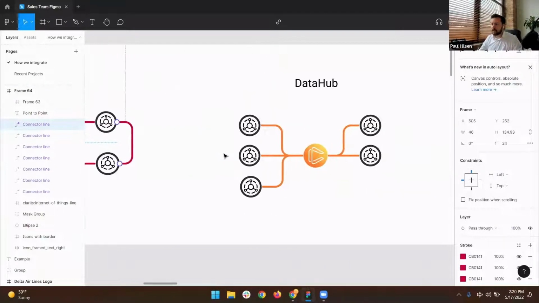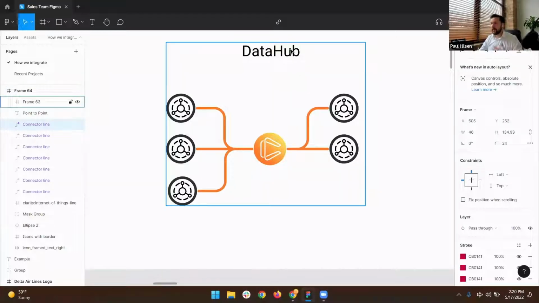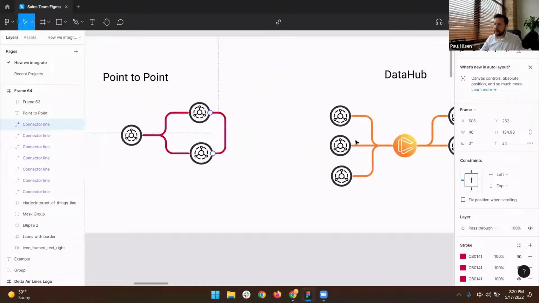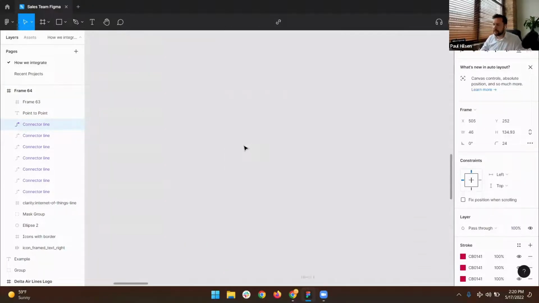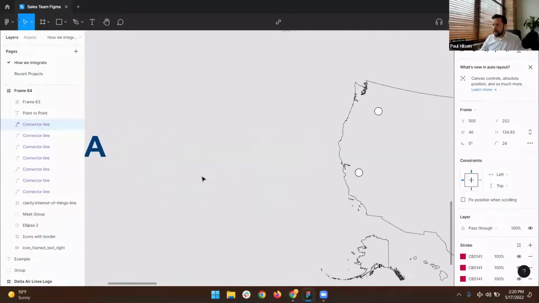When we do hub and spoke, it's going to look a little bit more like this. When I say hub and spoke, I mean our data hub framework that we're following here. So that's what this is going to look like. But I want to specifically talk about Delta real quick. So we're going to do a Delta example. Now,